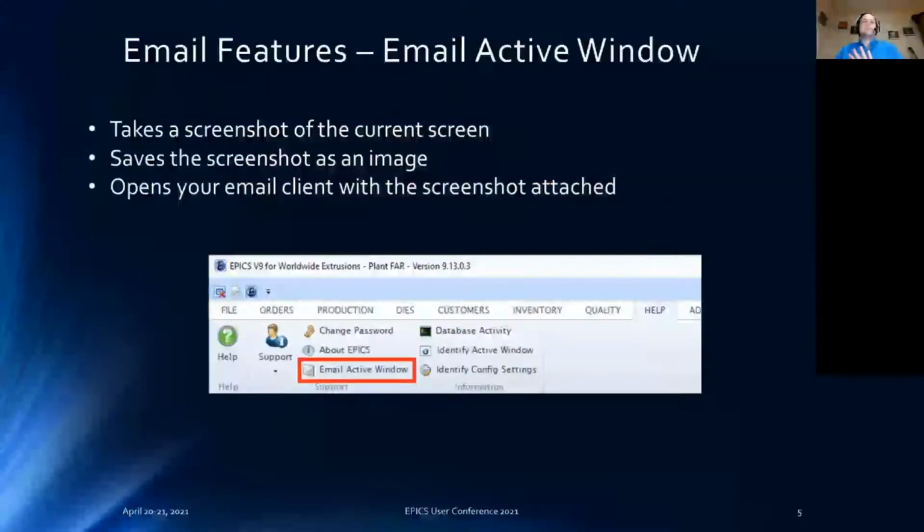The other thing I want to talk about in EPICS with emailing is that you have the option to Email Active Window, which is a button on the Help tab of the ribbon. When you click it, it will take a screenshot of your current screen and save the screenshot as an image, and then it will open your email client and attach the screenshot